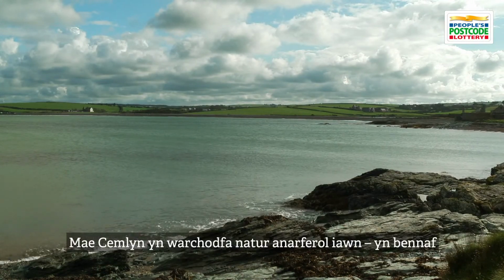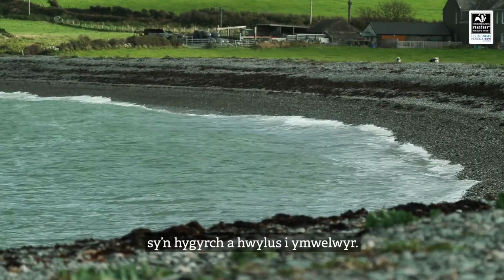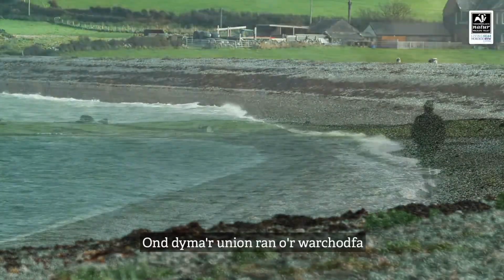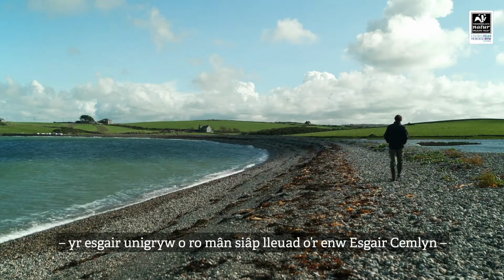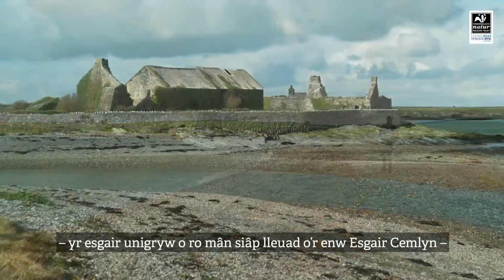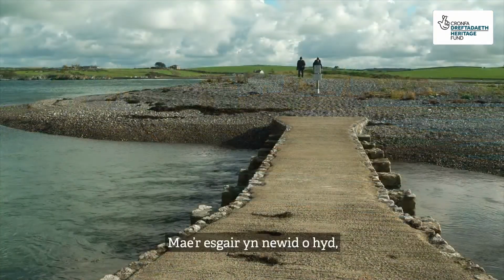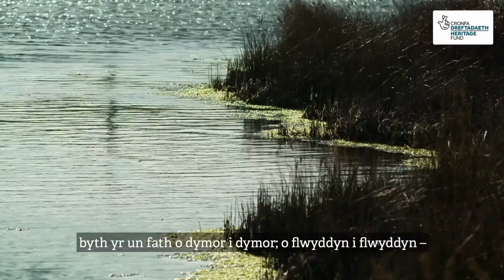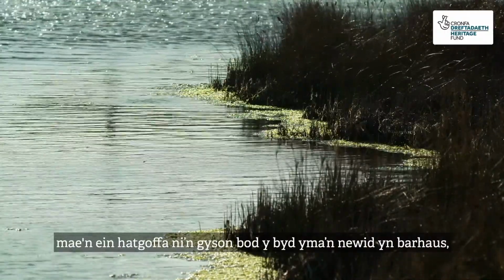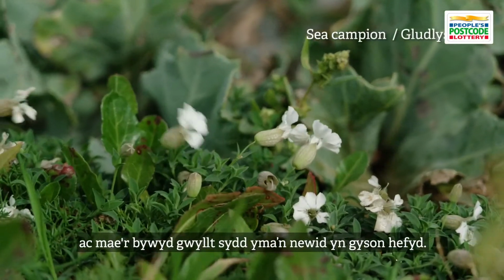Cemlyn is a very unusual nature reserve, not least because only a small fraction of the reserve is easily accessible to visitors, but it is precisely this part of the reserve, this unique elliptical shingle ridge known as Esgair Cemlyn, which makes it such an incredible site to visit. The ridge is never the same from season to season, year to year. It's a very visible reminder of this ever-changing world, sculpted and shaped by the elements,